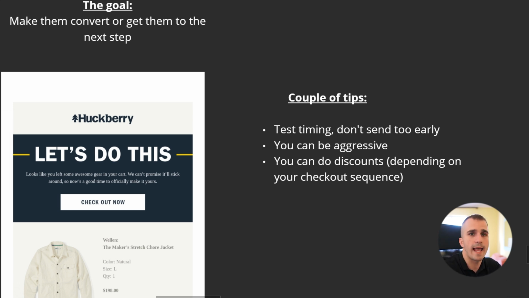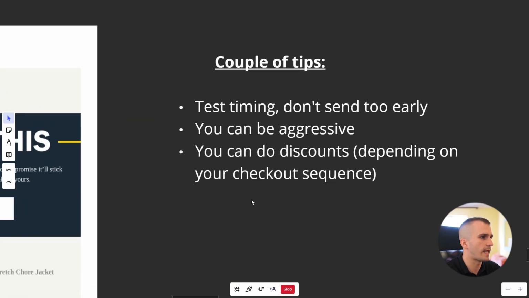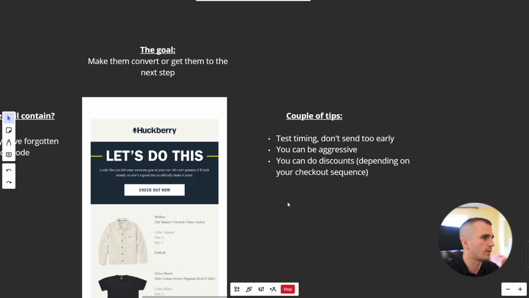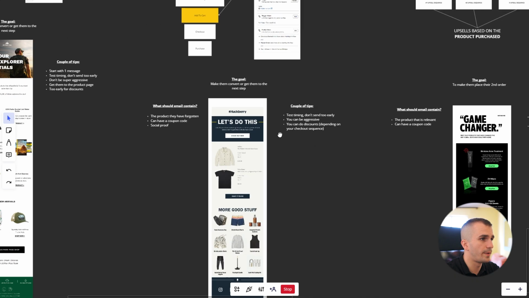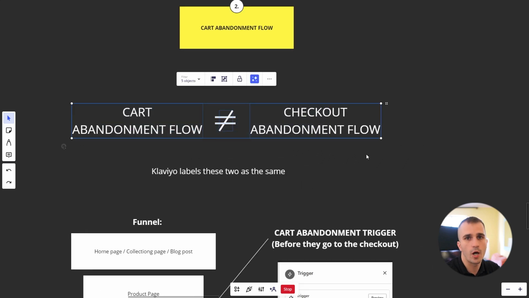They need just that extra push, like a discount or a social proof. And you can do discounts depending on your checkout sequence. That's the thing that I have already mentioned. So make that decision and go with it. So yeah, that's a super important flow, and I highly recommend you have both cart abandonment and checkout abandonment on